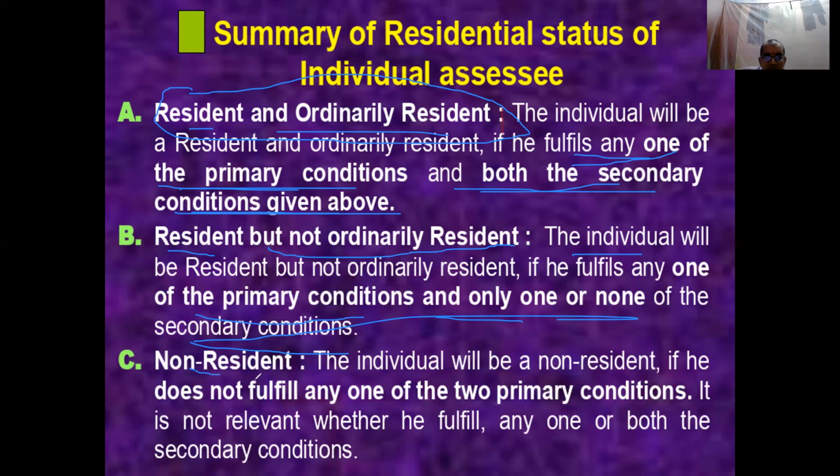Now, non-resident means simply if he does not satisfy the two primary conditions, you need not check additional conditions. You need not check secondary conditions. Directly he will be termed as non-resident. In the first example, we have done that. A person will be deemed as non-resident when he does not fulfill even one of the primary conditions. You need not go for the secondary check. If he satisfies at least one primary condition, you check for secondary conditions. Otherwise, secondary conditions checking is not required. Okay? Did you understand?